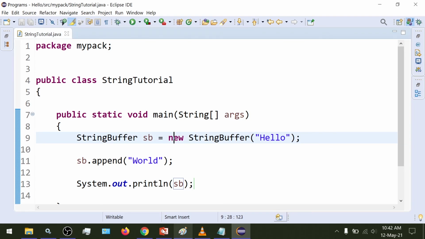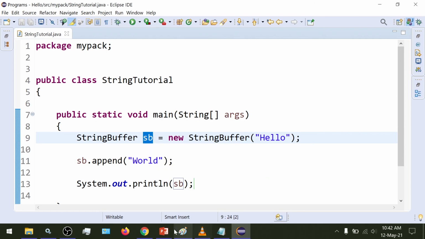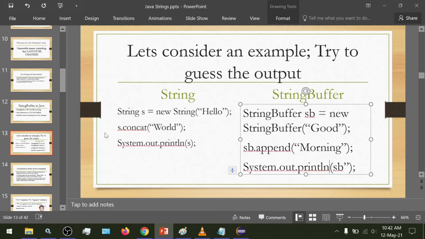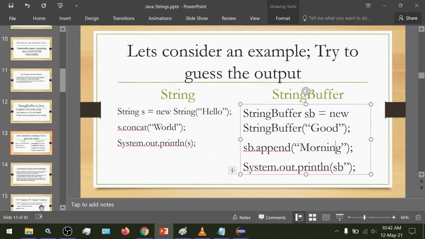But in the case of string, we saw that a new string object was returned with a concatenated string, so we got the new object as hello world. And here in the string buffer's case, the word world is appended to the word hello, and the existing string buffer object sb remains the same, whereas in the string we got a new object, and since there was nothing pointing to this object, it went for garbage collection, and our original string s was untouched, and hence we got the output as hello, whereas in the string buffer's case, as explained, we got the output as hello world.